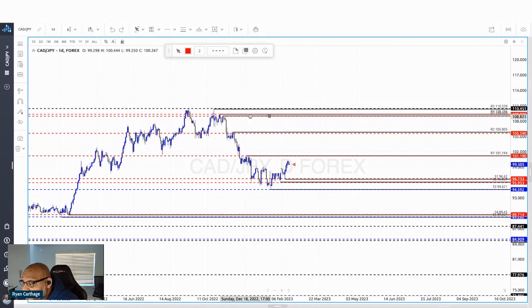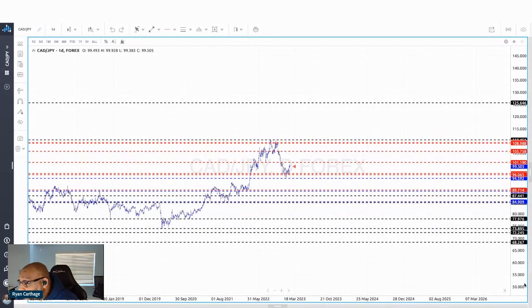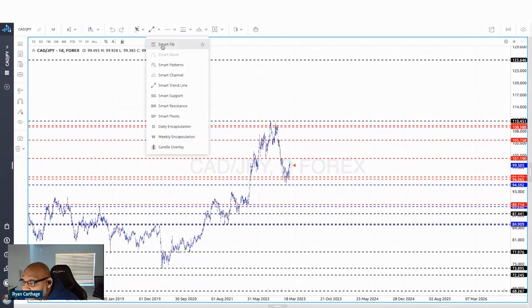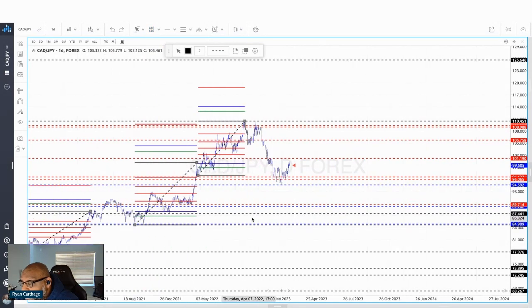We'll make some small adjustments like so. Right. Get these right on those swing highs and then right on those swing lows. All right. So now that I have my support and resistance on my monthly, weekly, and daily, what I want to do is look at our Fib sequence on the daily time frame. Okay. So we'll zoom out and you see we got support, resistance, daily, weekly, monthly, all the way through. Now we will take our smart Fib and we'll start at the most recent low and we'll come to the high. And now we see, right,